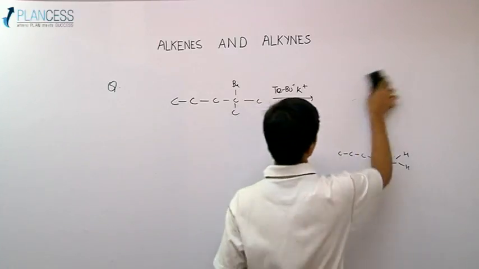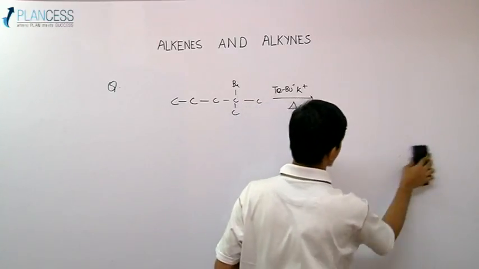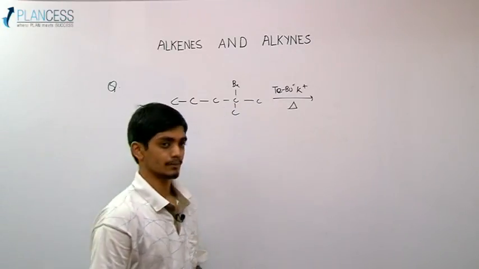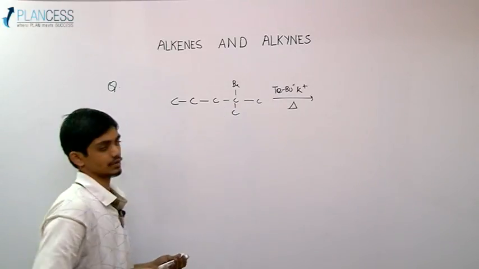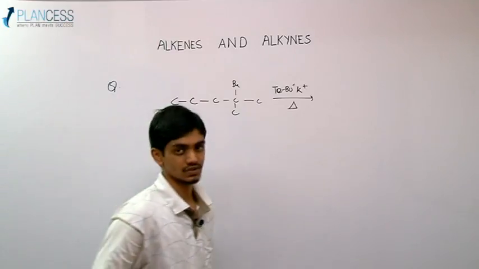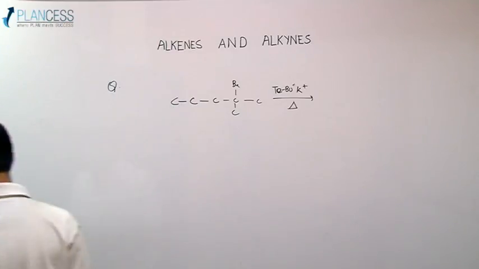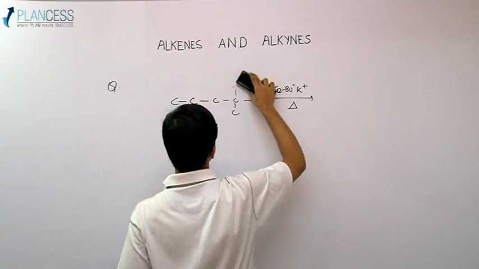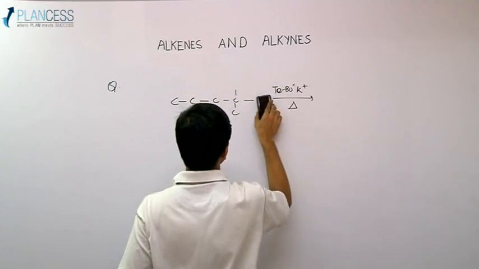So this was just to remind you of the E1 and E2 mechanisms and the Saytzeff and Hofmann rules. Very simple, they are just based on the stability of the transition states. Now let me change our reactant a bit. What if I change it to,